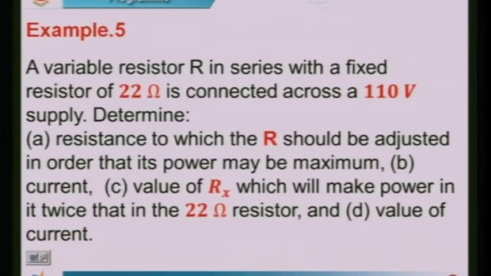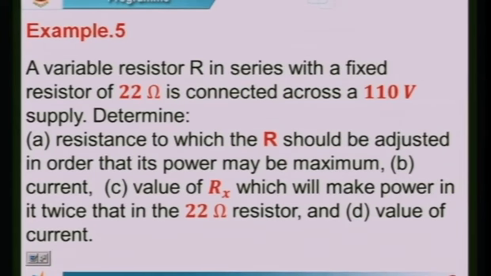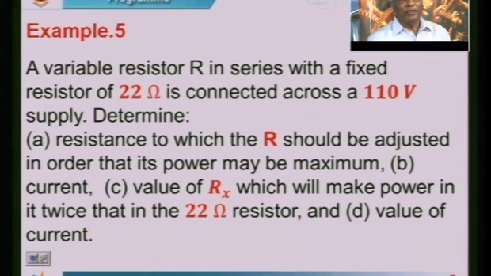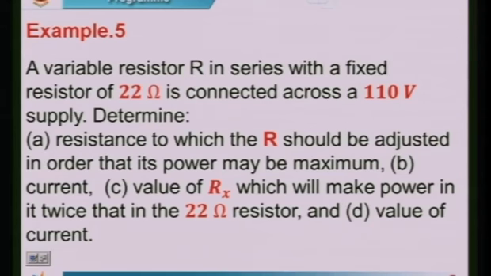Consider another example. A variable resistor R in series with a fixed resistor of 22 ohm is connected across a 110 volt supply. Determine the resistance to which the resistor should be adjusted in order that its power may be maximum. B, the current. C, the value of Rx, which will make power in it twice that in the 22 ohm resistor, and the value of current. Here